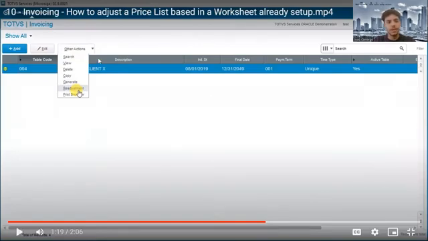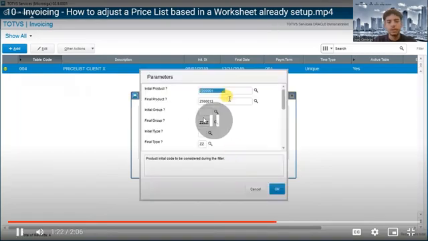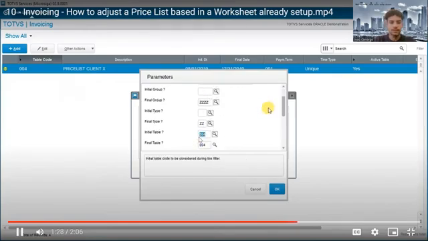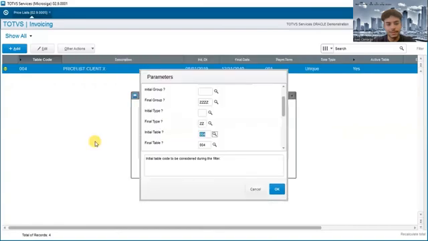and then we can click on other actions. Clicking on other actions opens the search, view, delete, copy, generate, and readjustments options, and we are clicking on readjustment. When you click on readjustment, it says the routine will be readjusted, the price tables according to the selected parameters. All right, so here are the parameters. It asks you the initial product along with the final product, what groups are to be included, what types, and so on, the tables. All right, and here's where you come and select the table or price list where you